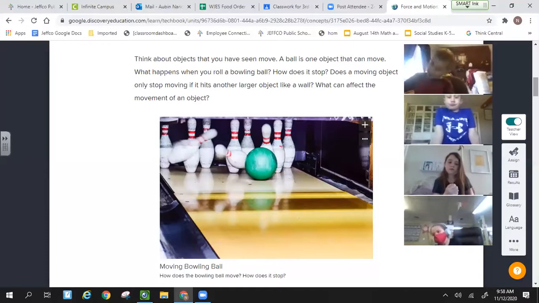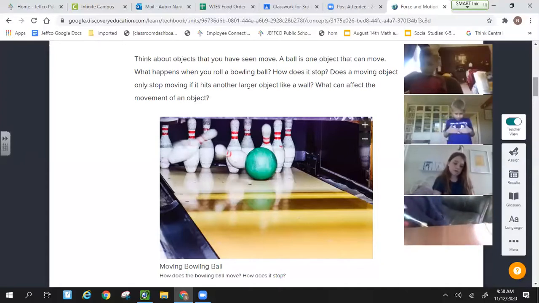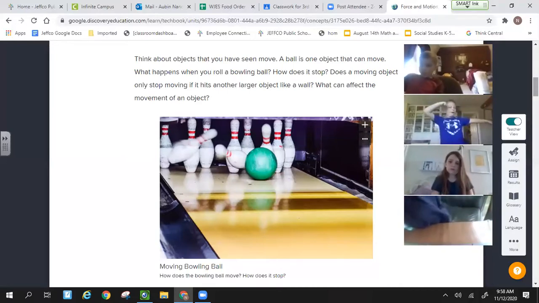So how does it stop? How does the bowling ball stop? Elena? It goes down and then it gets knocked down. But how? How does it stop? Yeah, Evie.